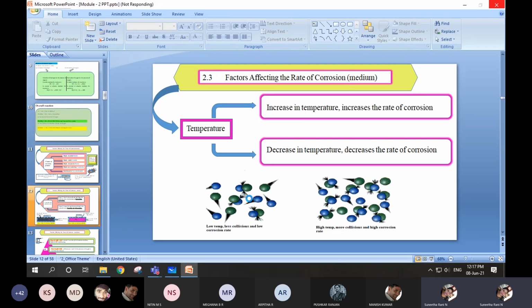First, you have to prepare the surface of the iron metal: remove the grease, remove the oil, remove the impurities present on the surface of the iron, then dip it in the zinc solution. If you dip it in the zinc solution, that molten zinc will get coated on the surface of the iron. So this process is called galvanizing. Galvanizing is the process: first purification, then coating one metal on the surface of a base metal.